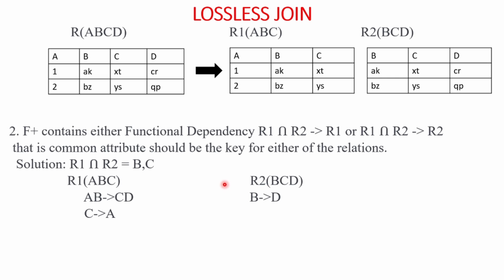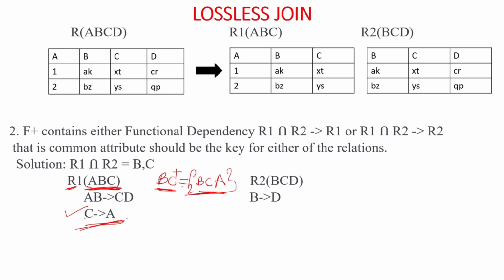So how to find out that? Find the closure of BC. In BC closure, B and C will come only, because we are finding the closure of these, so BC will come. Now check the functional dependencies. In R1, ABC is there, so BC should identify A. Then only we can say BC is a key. BC is already there in BC closure. Now find out C is determining A. In BC closure, B and C are already there. C is determining A, so A will also come.